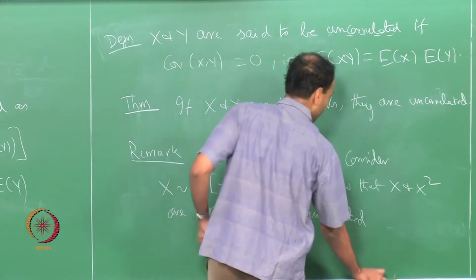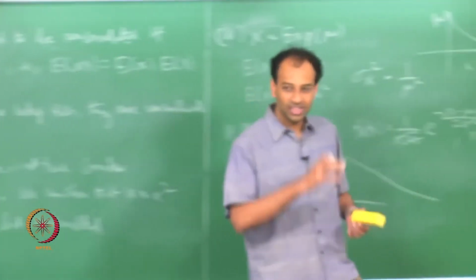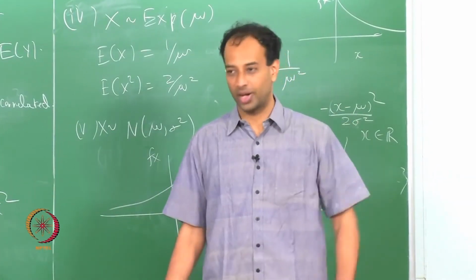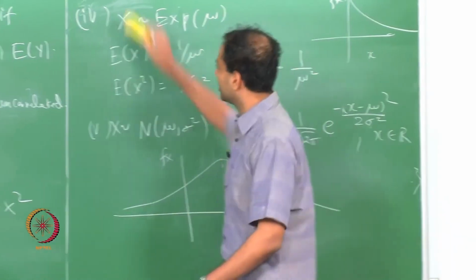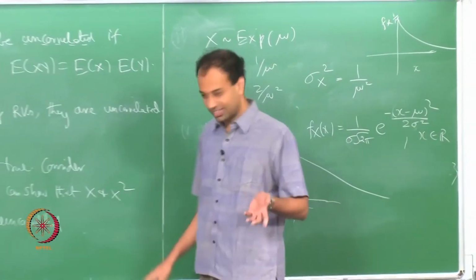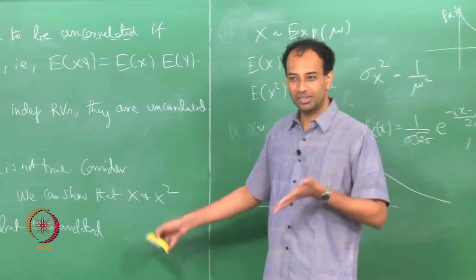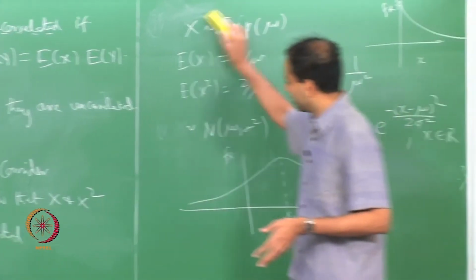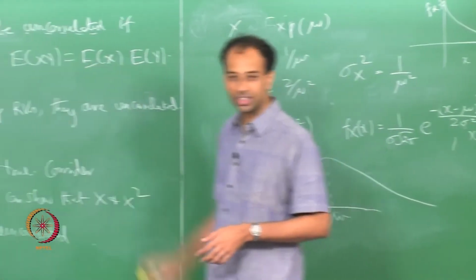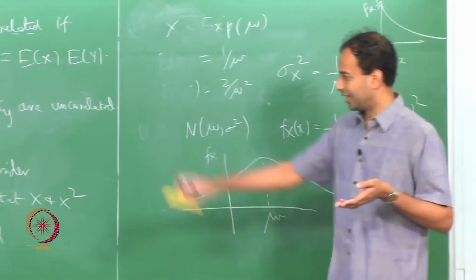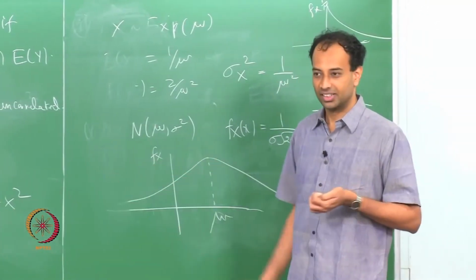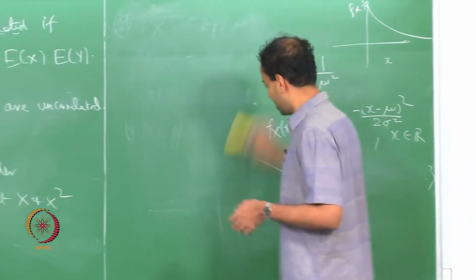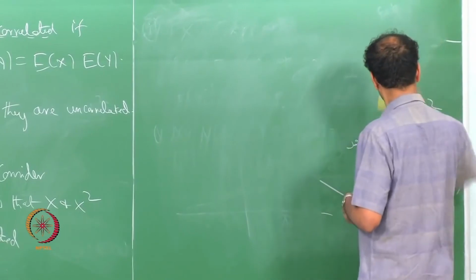Okay, so if you produce one example it is enough, right. I am just considering a random variable x which is uniform in -1 through 1 and then say y equal to x squared. Okay. In that case I think you will be able to very easily show that x and x squared are not independent. Nobody will believe that x and x squared are independent, right. You can actually explicitly show it: you compute the joint distribution of y and x, and you can very trivially show that they are dependent. However, they are uncorrelated, right,